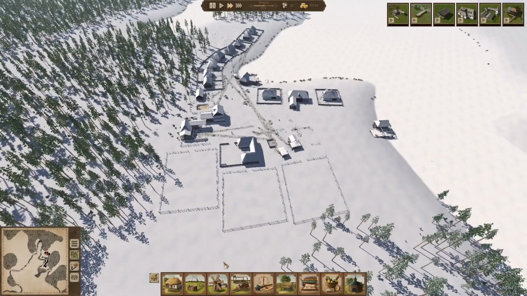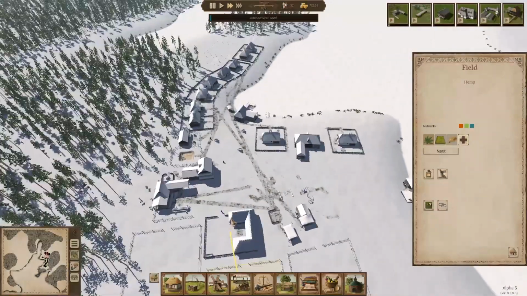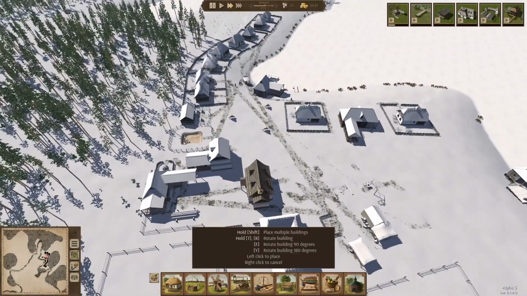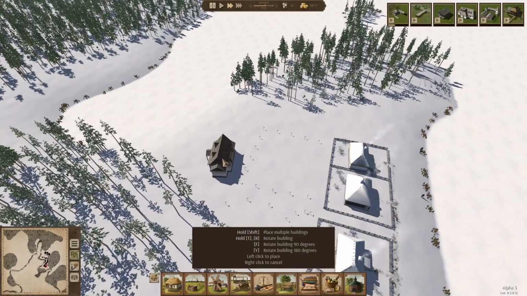So we're going to have 3 fields. Do we want to have any more fields for this? I don't think it's necessary. We're going to have wheat and hemp. So hemp we can later turn into some interesting stuff like textile and then into clothes. So we potentially want to build a weaver's workshop already, and since we have the warehouse up here, we're gonna build the weaver's workshop up here as well. Place it like so,